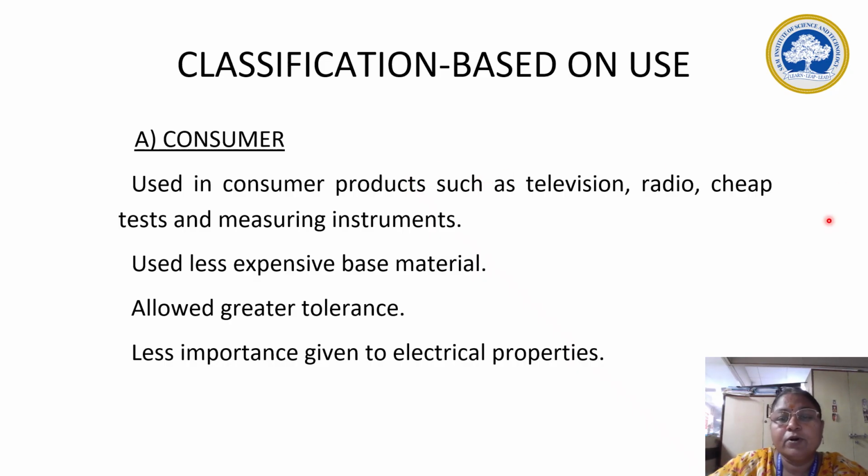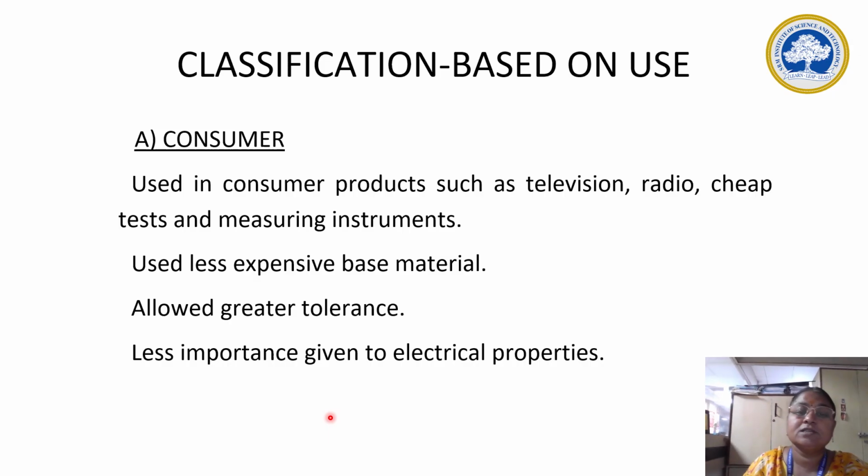A lot of products can be listed which can use a less expensive material, where a greater tolerance is allowed, and we consider how much importance to give to the electrical properties as well as the mechanical stability. With all those effects we can